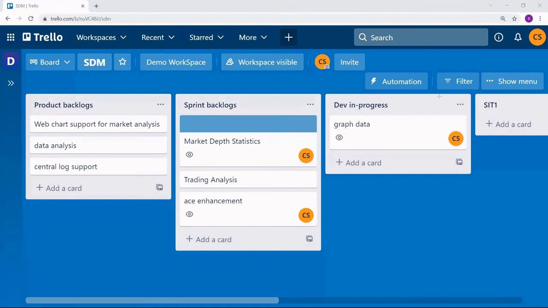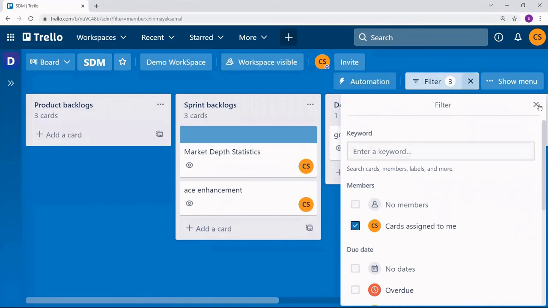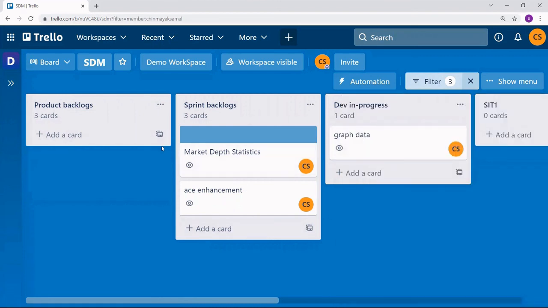If you want to filter based on a specific member, you can hit the filter option. Here I'm choosing cards assigned to me. See, it's displaying only cards related to me. Here you can see only 3 cards are assigned to me.